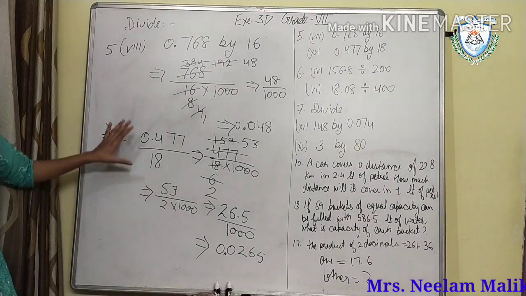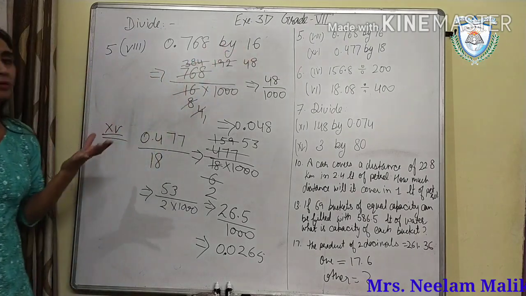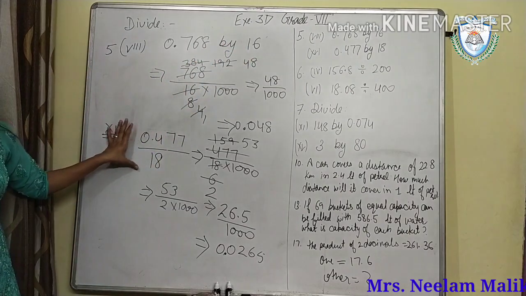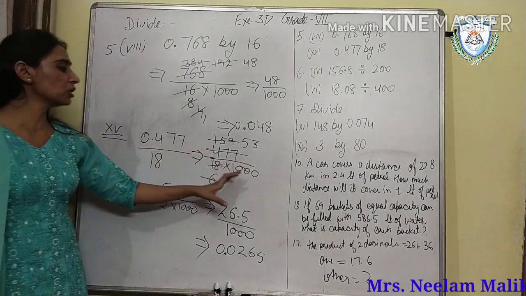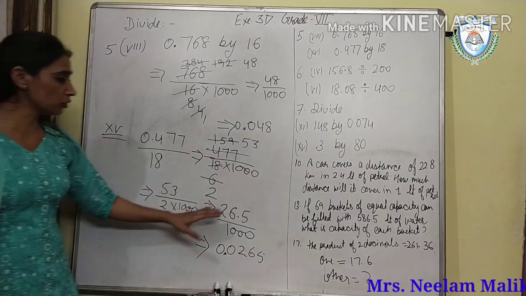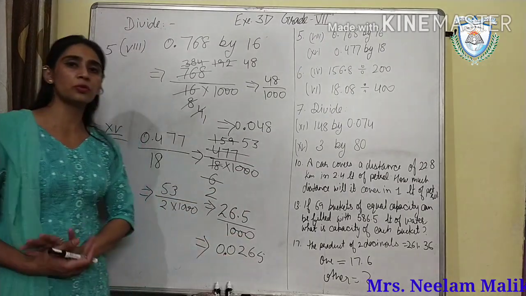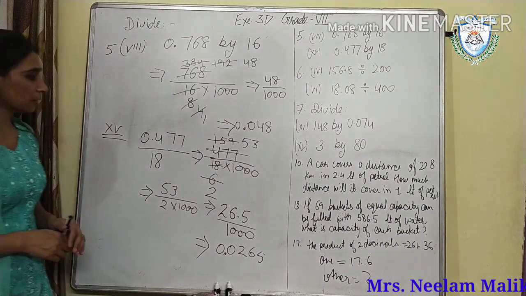0.065. So what you will do when small numbers are given and there is any common factor: first you will try to cut those numbers, remove the decimal, and put the multiple of 10 there. After that, you will not cut this number; you will use it for putting the decimal point at the end. Okay. Now question number 6.